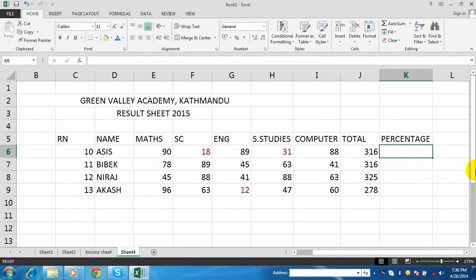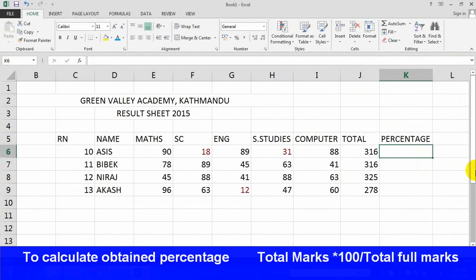Percentage is calculated by dividing the total number of marks, for example, total divided by 100, 200, 300, 400, 500. See, automatically the percentage has also appeared. Total marks